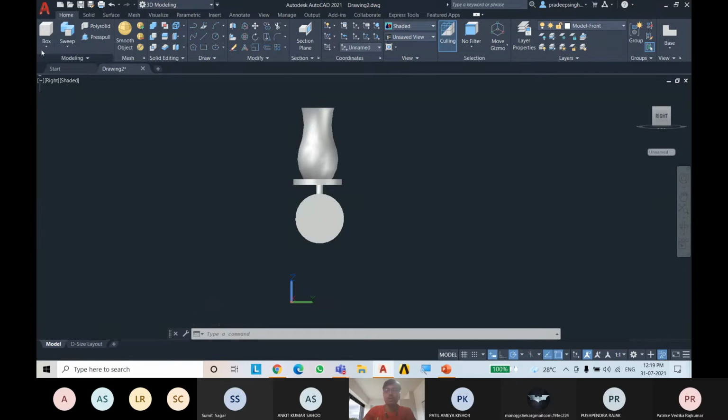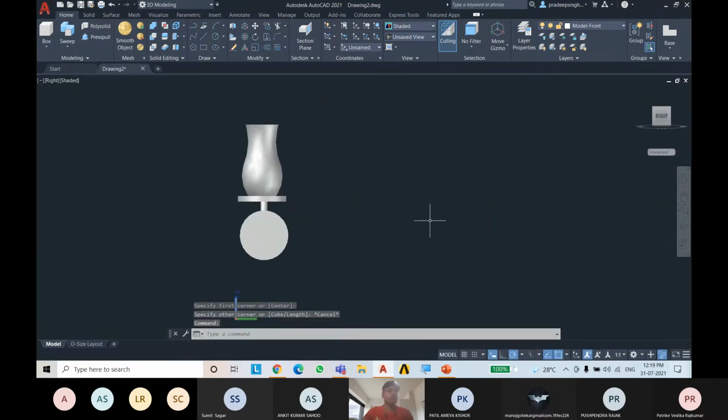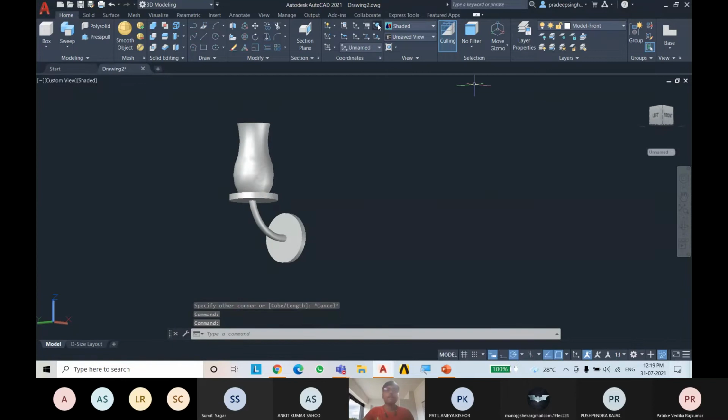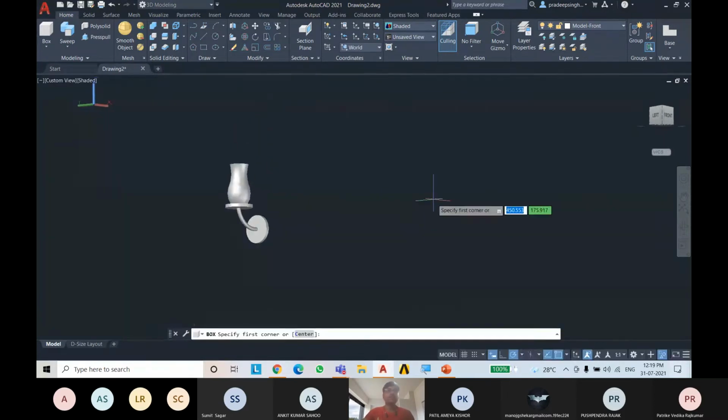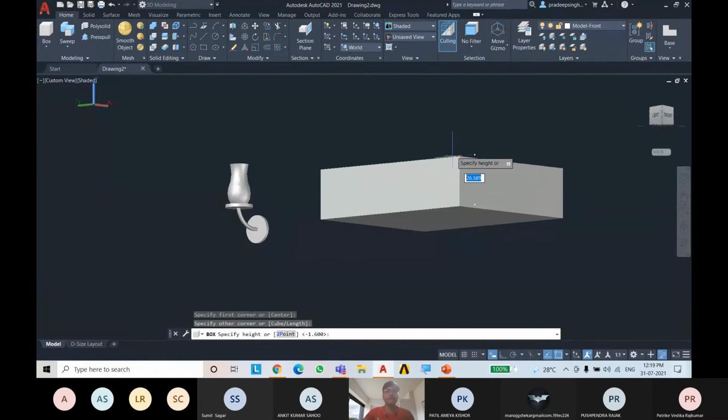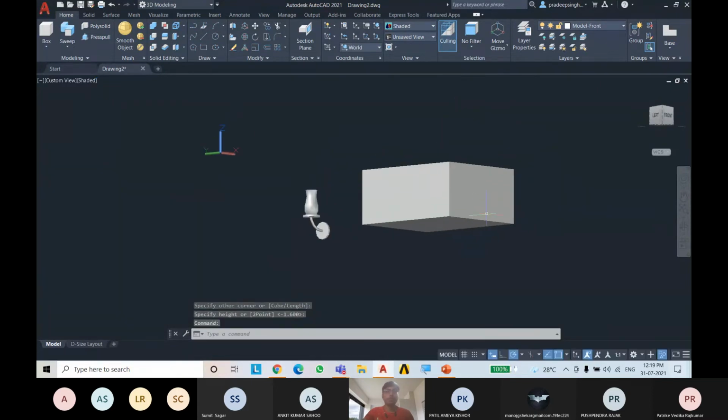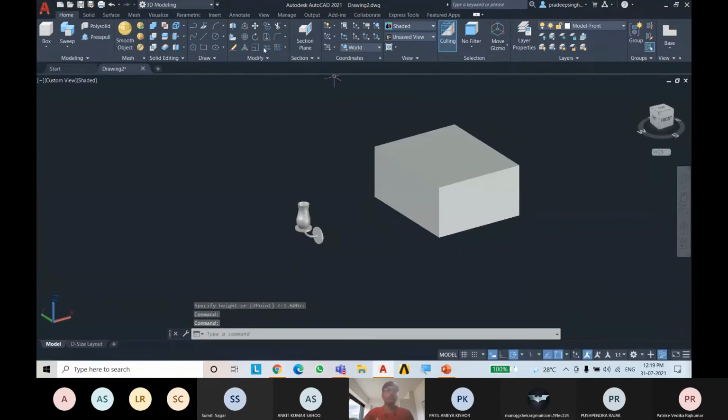Like if you draw a box, or some box type, and if you want to draw some circles, you can also draw circles.